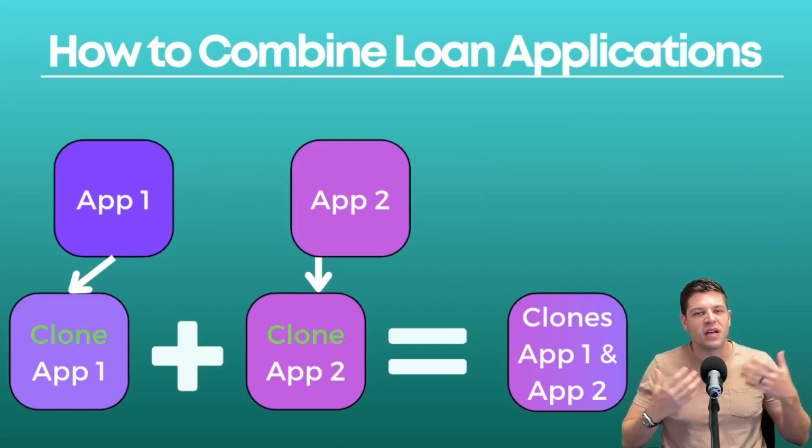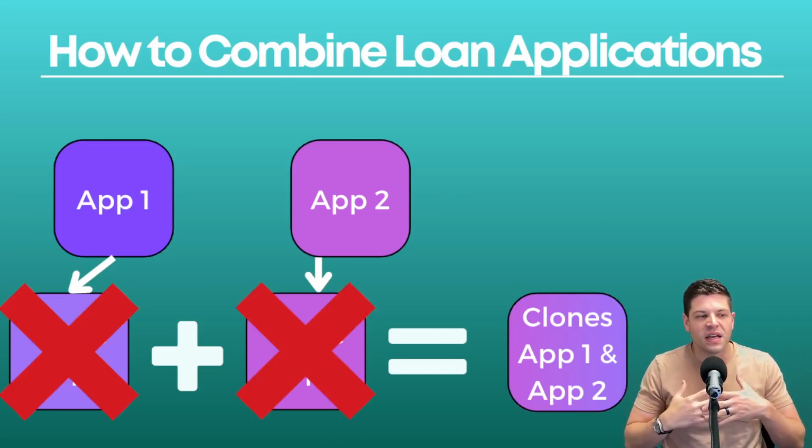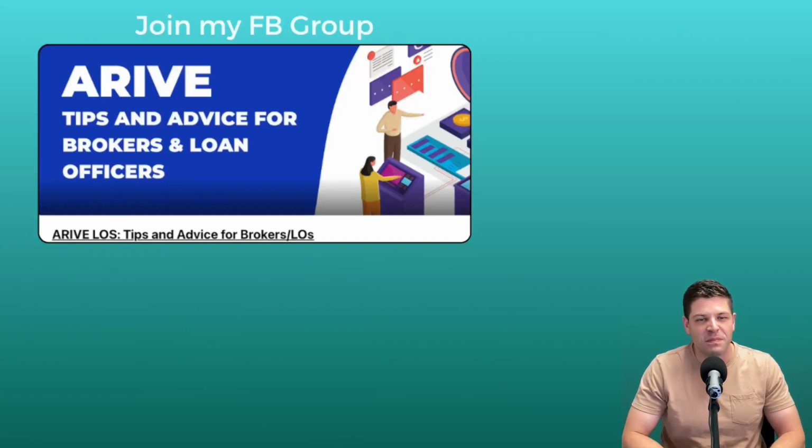What I recommend doing is cloning both loans. It's in the same three dots on the far right menu. And then when you put them together, you're left with three applications all together. That way you can do mortgage gymnastics and kind of figure out how you can best help them. So that's how to